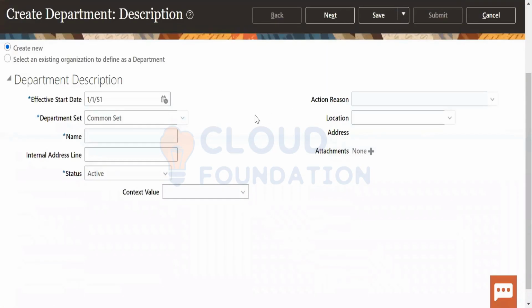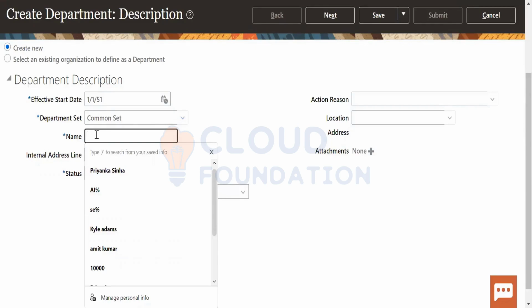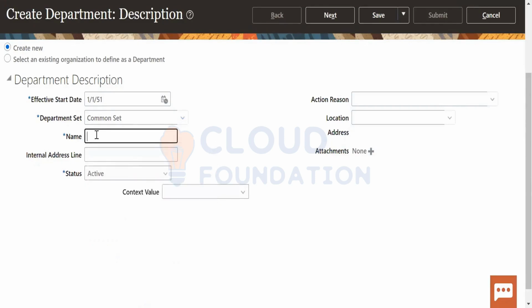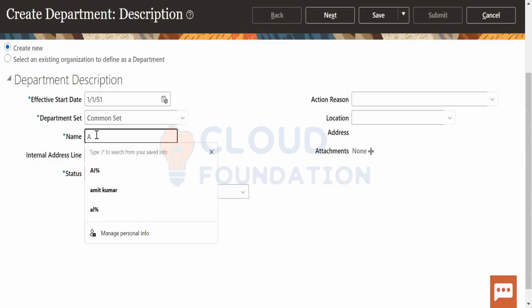Everywhere you see a word, common set. What is this common set? It's called a reference data set. It is called a reference data set, common set. So we call it US department name.